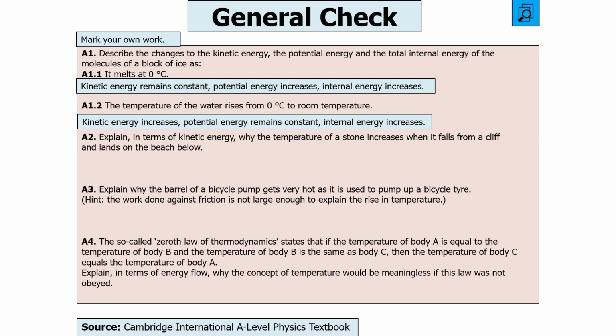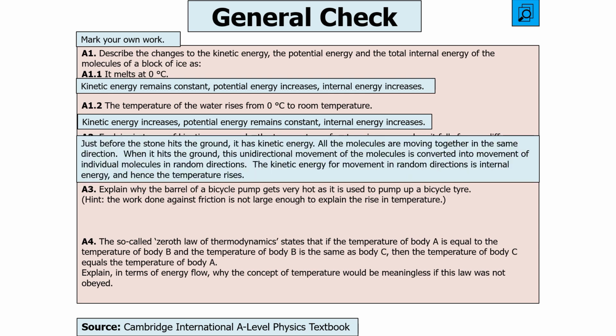The potential energy remains constant, so therefore the overall internal energy will increase. Now in this next one, just before the stone hits the ground, it has kinetic energy, so all the molecules are moving together in the same direction. When it hits the ground, the unidirectional movement of the molecules is converted into the movement of individual molecules in random directions. So therefore the kinetic energy from movement in random directions is the internal energy, and therefore the temperature